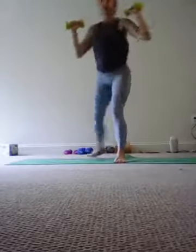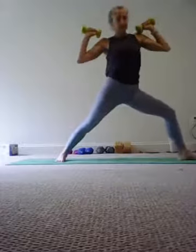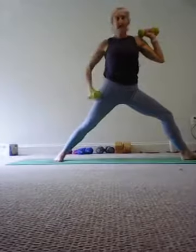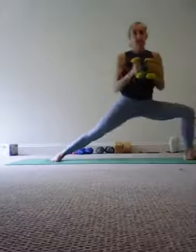We're going to open up into warrior 2. So everybody open up into warrior 2. We're bringing that back leg parallel to the back of the mat. We're keeping that nice 90-degree bend in our front knee. Now you can add in the bend in the extension, or you can just stay right here. We're going to lift and lower. Lift. 8,